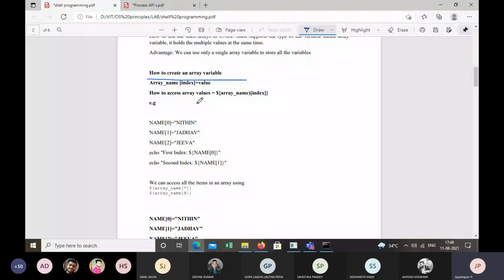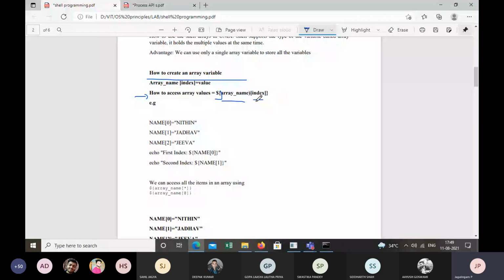Look at the second line here. How are you going to access that? By using dollar and then the name of the array in brackets and then the index. If you want to access one array element at a time, then we use this step, right? You may have n number of elements, 0, 1, 2, 3, 4, and so on. If you want to access one by one, then we use the syntax dollar array name, and you write the index, whether you want to access array of 0, array of 1, array of 2, right?